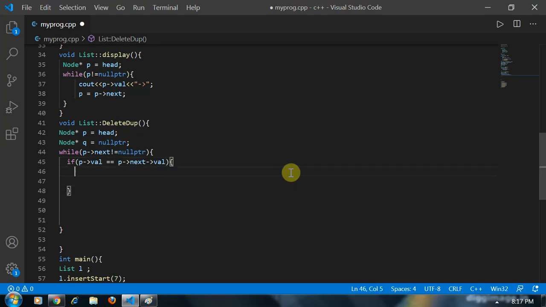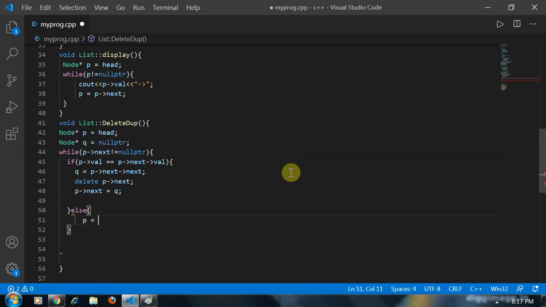Then Q is P's next, delete P's next, and P's next equals Q. Else, P equals P's next.